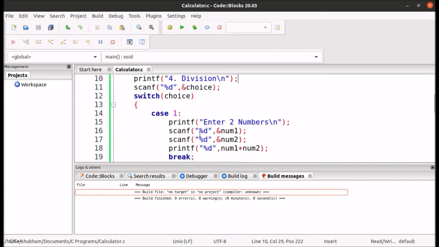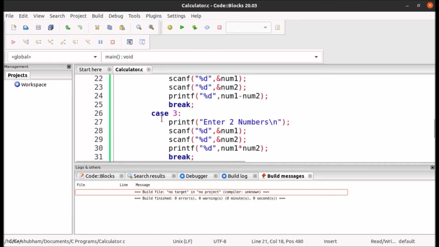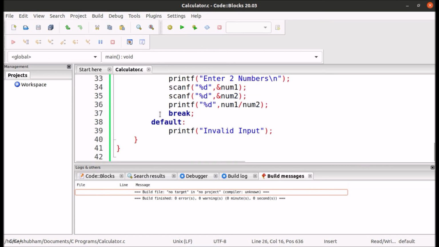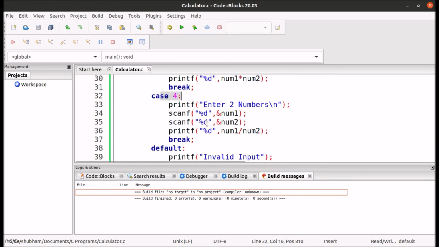So we have learned about the switch statement, the break statement, which helps to break out of the current execution, and we have also learned about the default statement, which will be executed if the value of choice doesn't match any case. So case 1, case 2, case 3, case 4. If there is a value other than 1, 2, 3, 4, then the default statement will be executed.